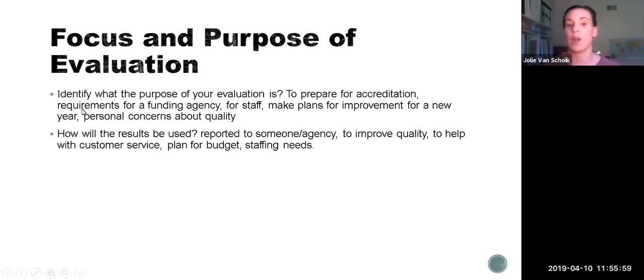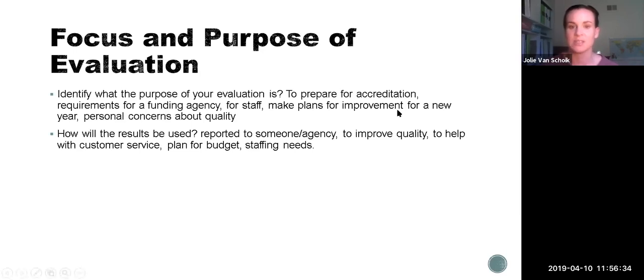It might be a requirement from your funding agency, people above you, like your program supervisor or your principal, whoever you're working with, or if it's Head Start or a state funded program, it might be a requirement that you get evaluated. You evaluate your staff, you evaluate your program. A lot of times we evaluate our staff. We have program evaluations or ability evaluations. Sometimes they're tied with raises, sometimes they're not. Typically you get an exceeds expectations, met standards, or lower than standards,